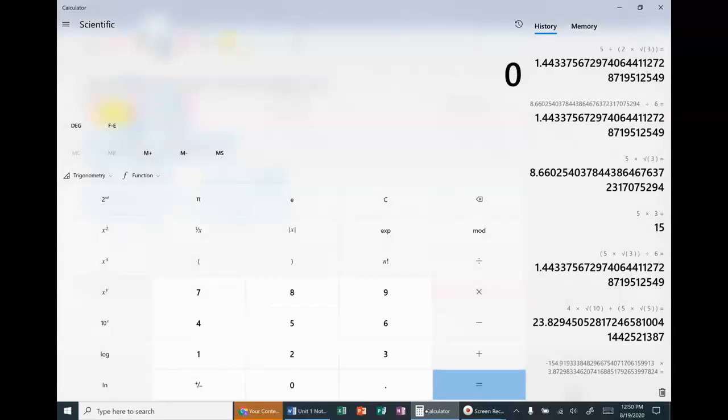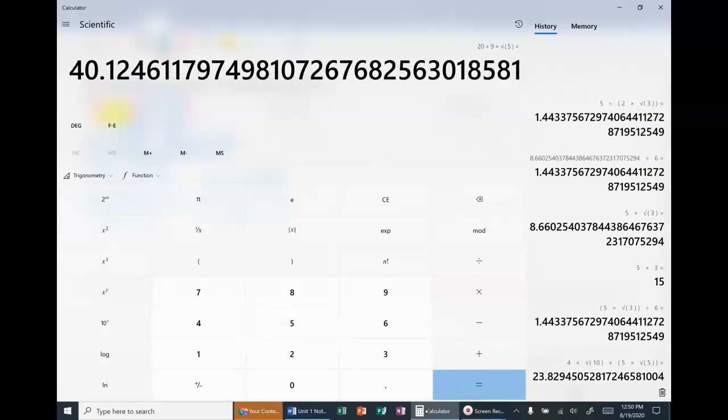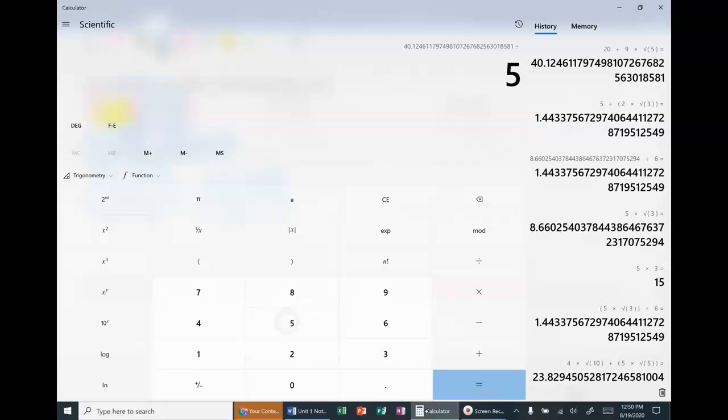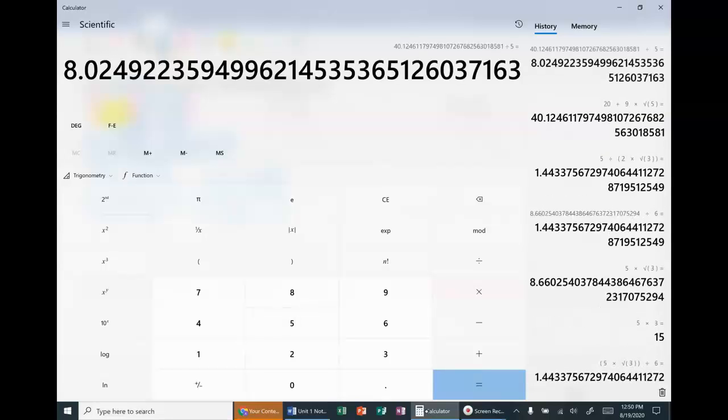I'm going to just do the numerator. Are you ready? So the numerator is 20 plus 9 times square root of 5. Enter. So that's just the numerator. You notice how I hit enter for just the numerator? Now I'm going to take that answer and divide by 5. Hit enter. So I took it in 2 different steps and I got